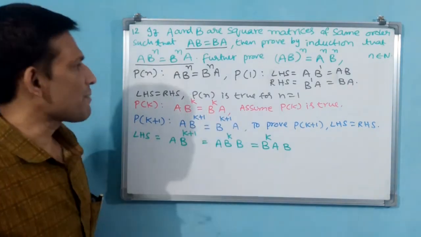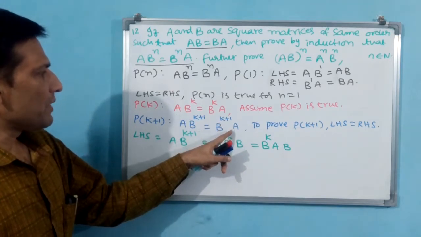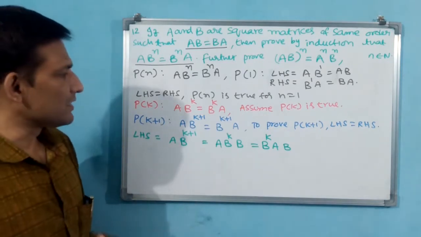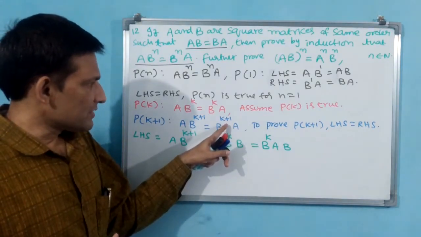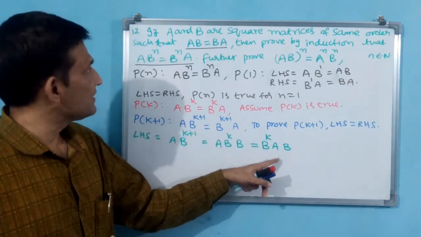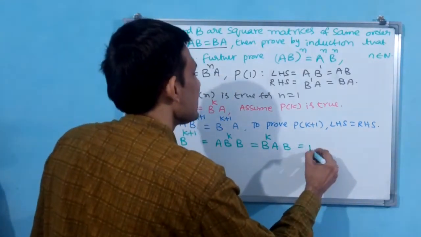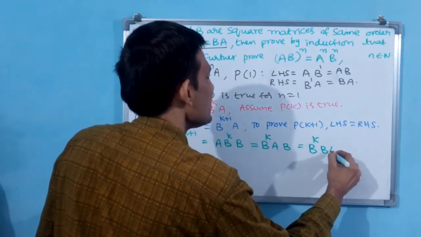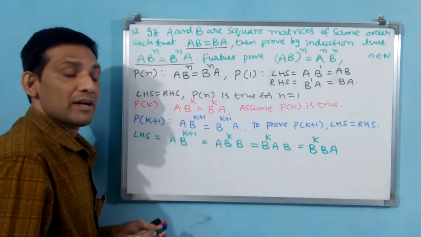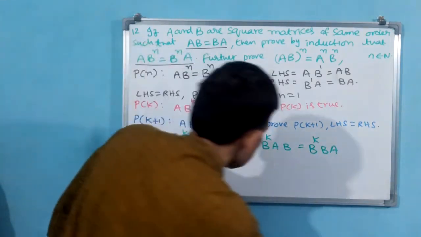Now you stop and see what you have to prove: B power k+1 into A. Now you analyze. See, now for coming to this, B should be there. B should be here. How can you write B here? Then you go back here: AB is equal to BA. Again you have to take this as B power k into BA. Is it okay? How has this come? Normally in a bracket you have to write, or else we will write.